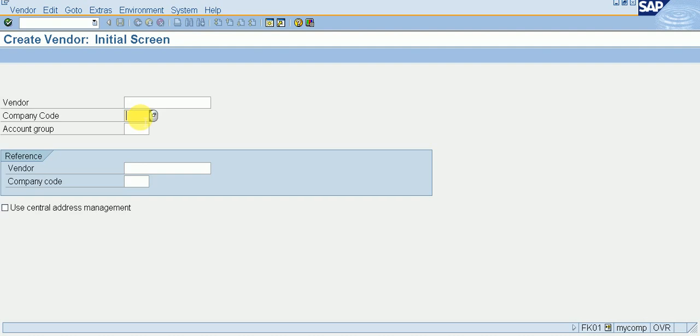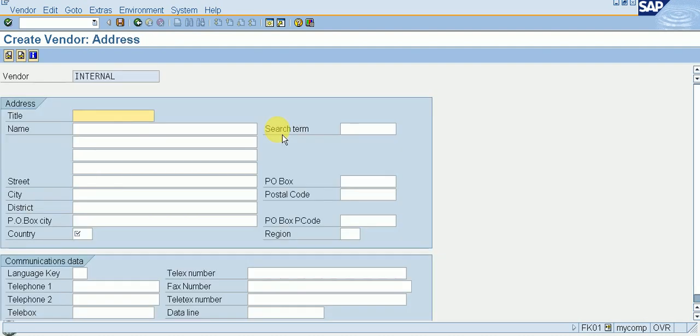Enter. Give your company code, account group, whatever you are giving here. Please remember it, as it will show in our recording. So I am giving my company code XYZ1, and my account group is the same, XYZ1. Then enter, giving title, company name.